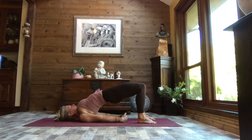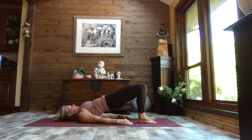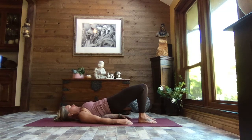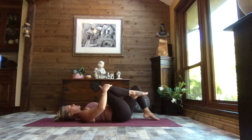Slow, steady breaths. Releasing the hands, unrolling the shoulders one at a time, and slowly, slowly, one vertebra at a time comes back to the mat, with your bottom the very last to touch. We're going to draw that right knee in, extend your left leg out,